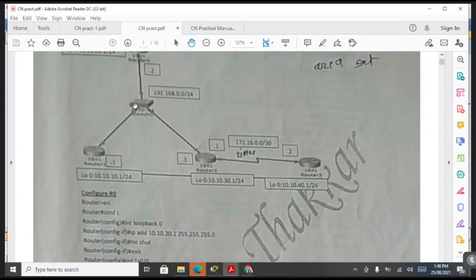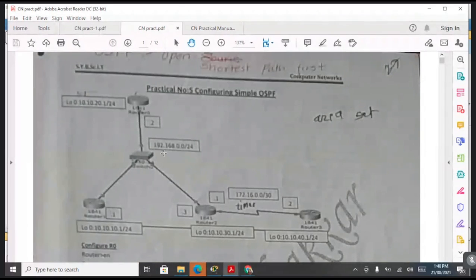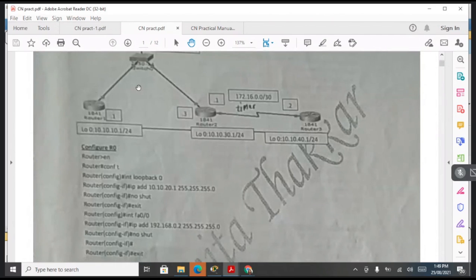We have connected with the switch using interface FastEthernet 0/0. Write that interface here too, and what is the IP address? While connecting with the switch we have given 192.168.0. For one router take .2, for another .1, and here .3; each one will be different. So in one you pass .2, in one .1 and in one .3. Same way here for R0 we are using 192.168.0.2 and the subnet mask is the same. So first we have to configure R0.